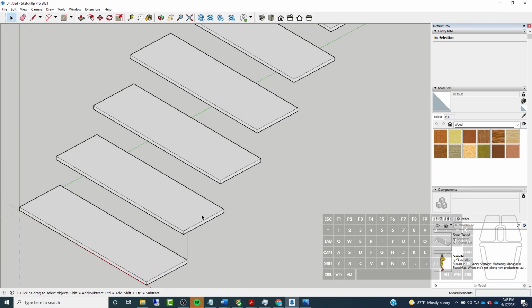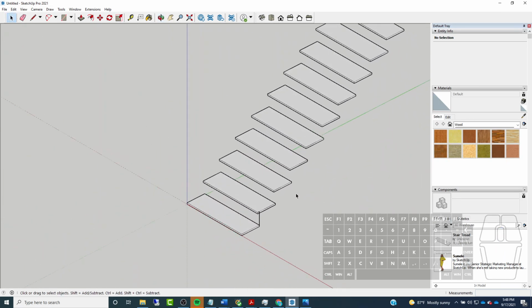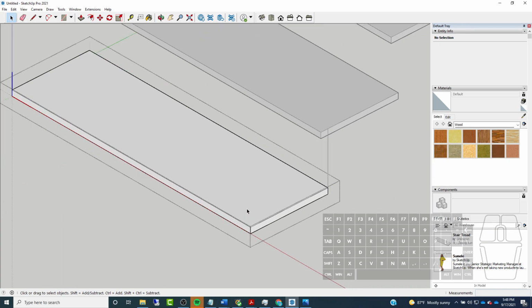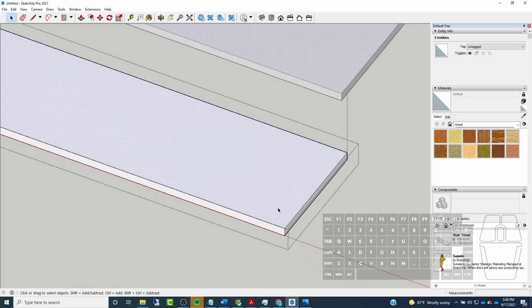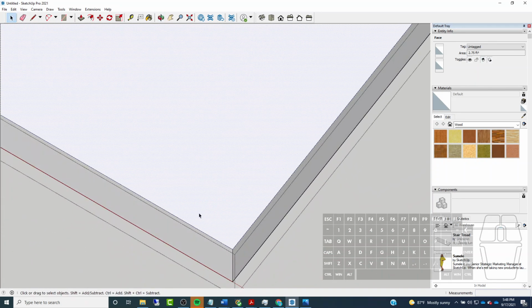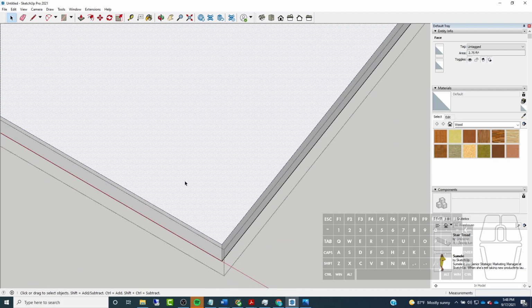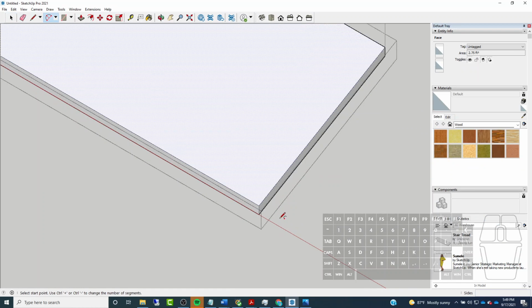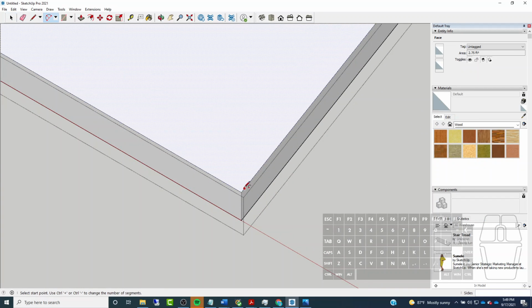Okay, so for example, maybe I want to round off the corners or something. So all I have to do to edit all of them is double click on one of them to get inside the component, and then I'm going to double click again just to make sure that I'm within the group that's in the component. And then I can go in here and I can start to adjust some things about this. So if I were to do an arc here, click my arc tool, and then